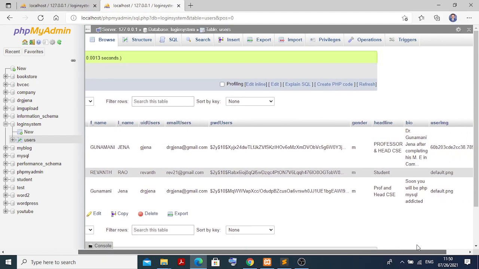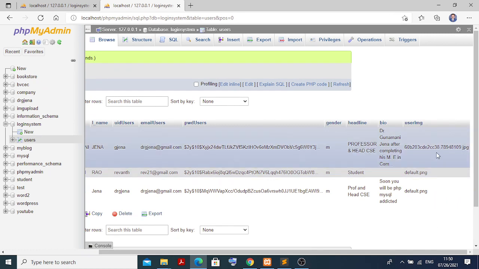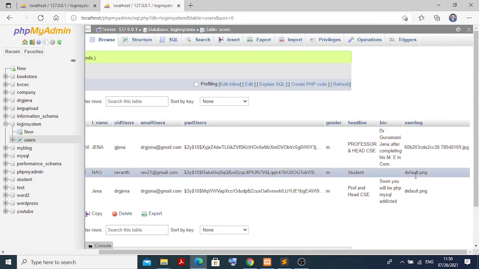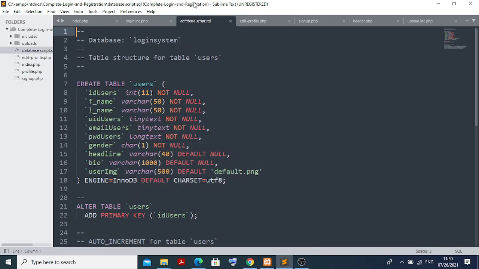And ultimately you are putting the photo also. That photo also is put in encrypted form, from this file name .jpg. Finally you can say a jpg file is coming, or by default the default.png file will come. Fine. So now I hope you are able to understand what database you created and what tables you created, and no need to insert any data, because while you are uploading the data in the registration or the sign up form, automatically it will be stored there. Okay, so that is the thing.